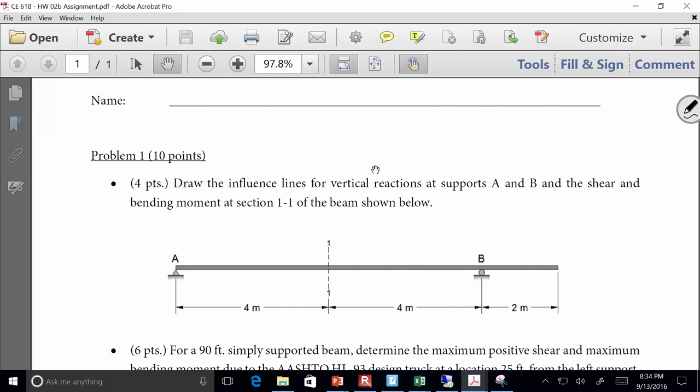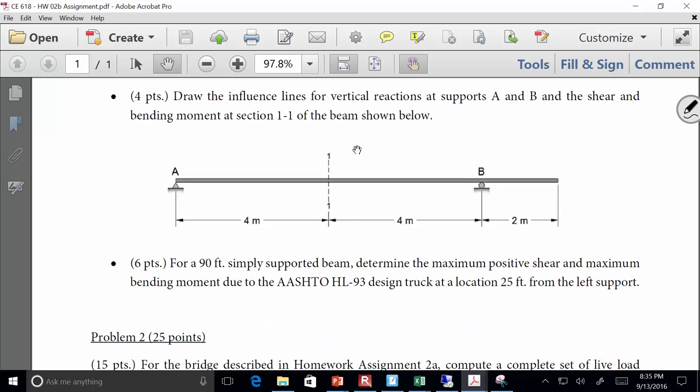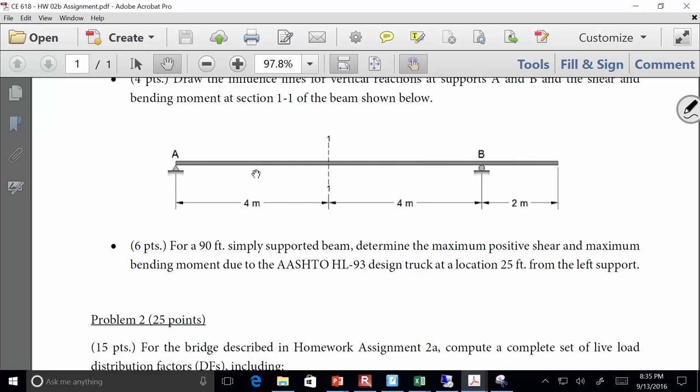Problem 1 is 10 points. I want you to draw the influence lines for the reactions here and here and for shear and moment there. That should sort of dust off some of your structural analysis skills. And then for a 90-foot simply supported beam, determine the maximum positive shear and maximum positive bending moment due to the design truck 25 foot from the left support,